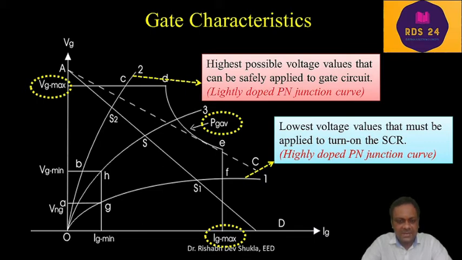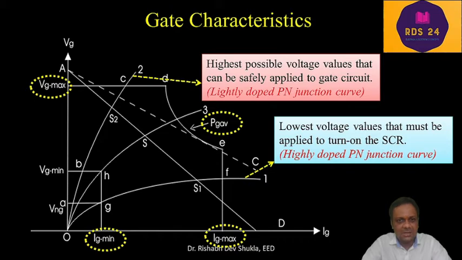I am defining the parameters which are required to design a gate circuit. When we are going to design a gate drive circuit, you should know the importance of these parameters. So we have taken the maximum value of gate current, which is represented here as Ig max. We have Vg max, which is nothing but the maximum value of voltage that can be applied,